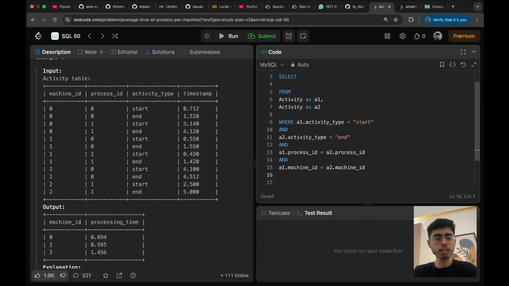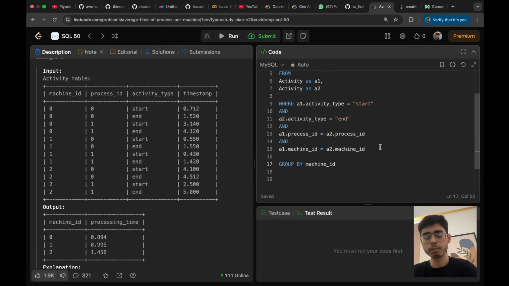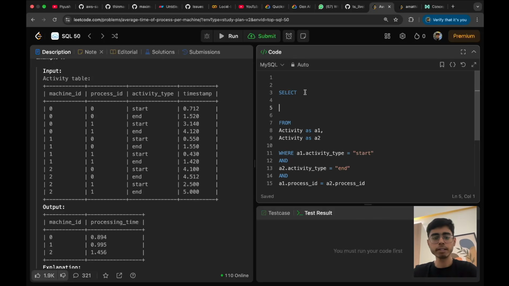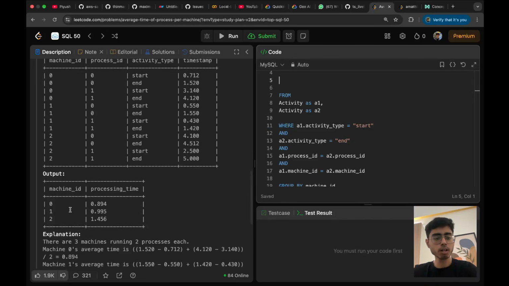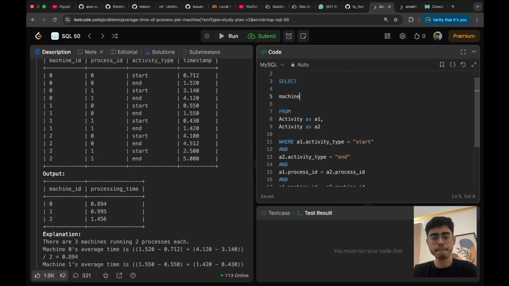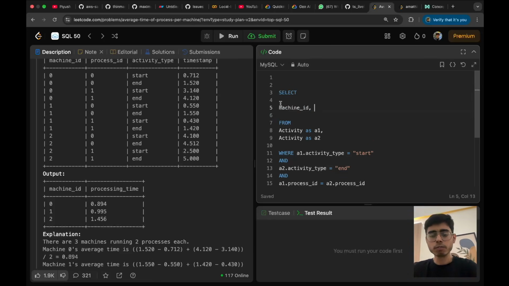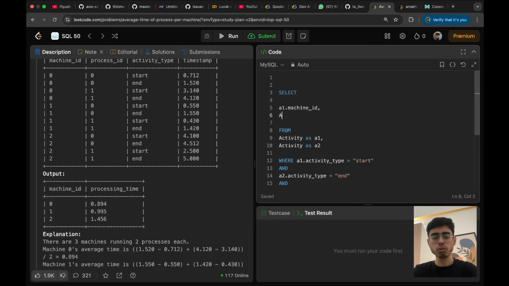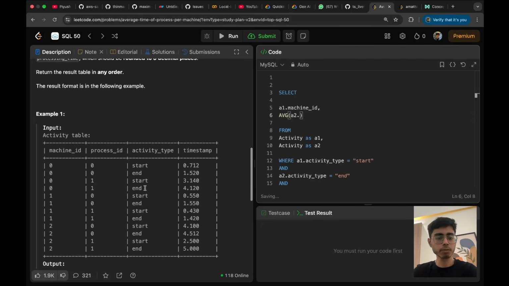Now I can group them by machine ID. Group by machine ID. Now I need to output the machine ID and the average of the processing time. So we have picked the machine ID. Let's pick machine ID from A1 dot machine ID. So average will be found for the values of A2 dot timestamp minus A1 dot timestamp,